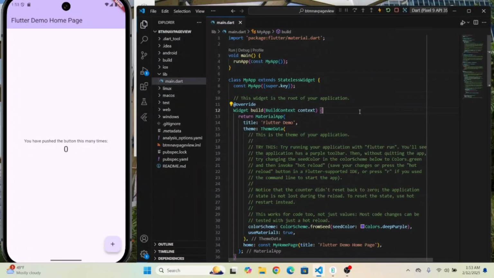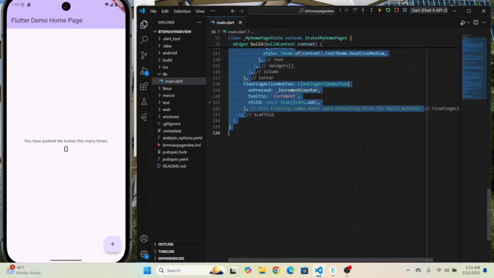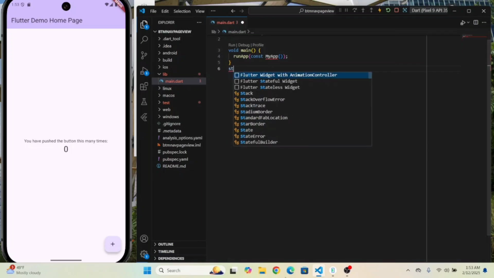Hi everyone, in this video I'm going to show you how to implement page view and bottom navigation bar together in Flutter. First of all, let's create the new Flutter project and go to the lib folder, and in the main.dart file, let's delete the default counter app